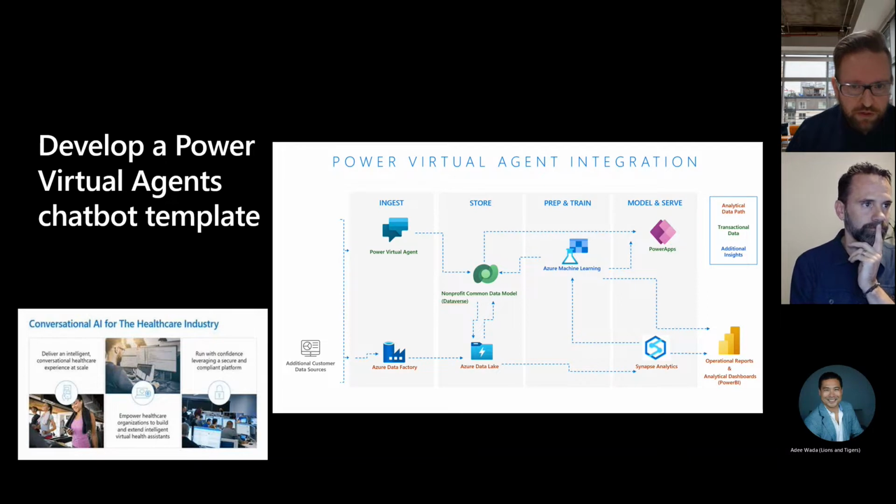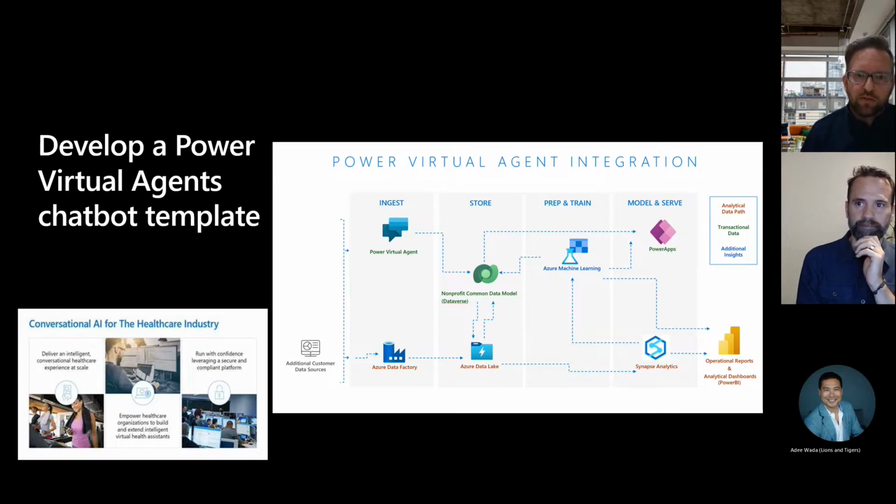Very specifically, this just shows where the Power Virtual Agent plugs into this, and you can see that it's using Microsoft Dataverse as the data backend, but you can also see that it plugs into the greater technology stack. An example of where Microsoft used this technology in the last year was with the Microsoft Healthcare COVID bot. Microsoft basically provided a very quick to deploy